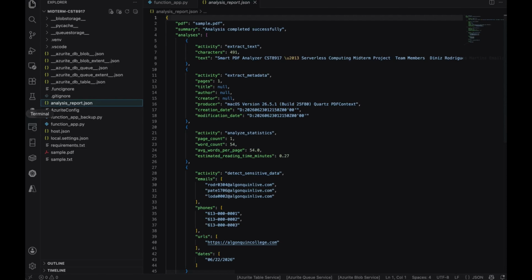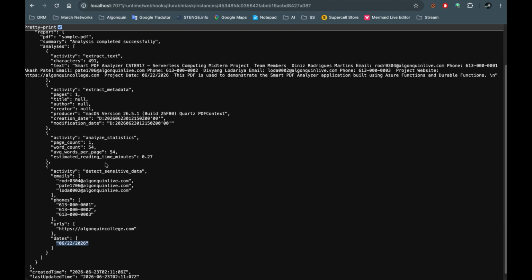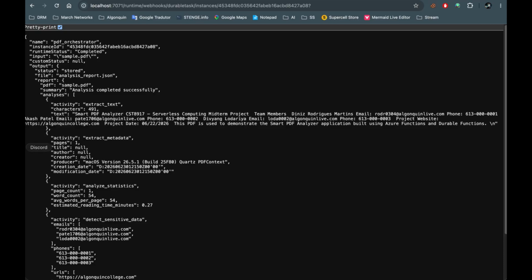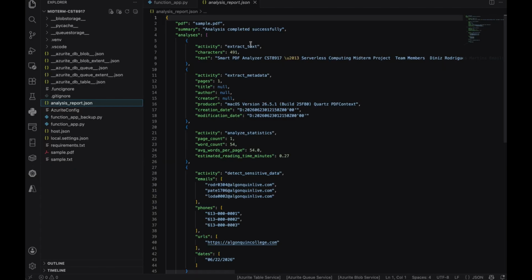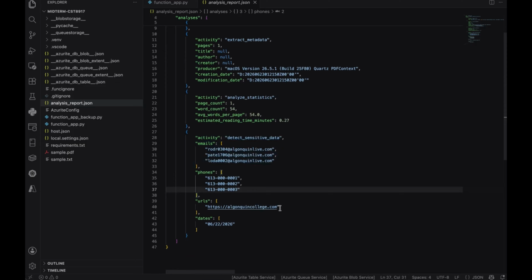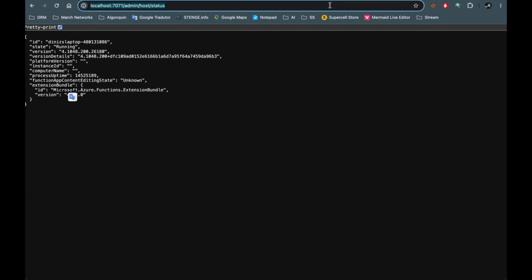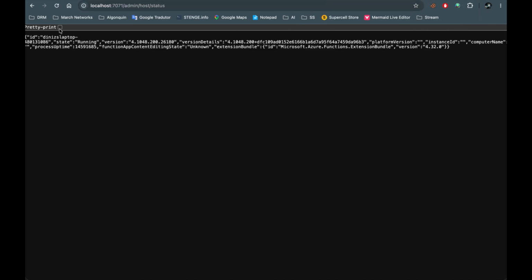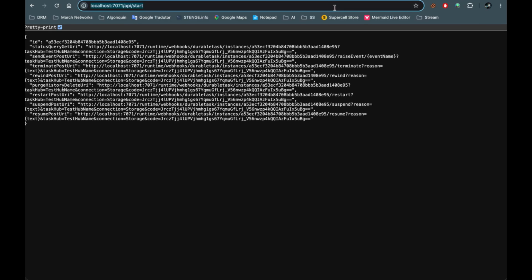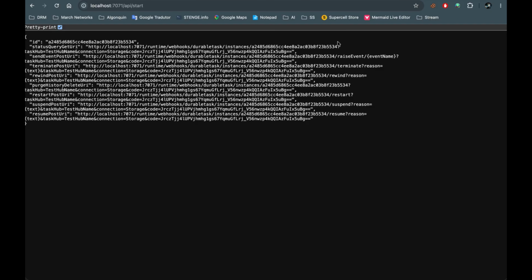So this part here is pretty much the same as this one here. So 491, the emails, the phone number, the URL. Okay, so that's the status that I already showed you, the API status,